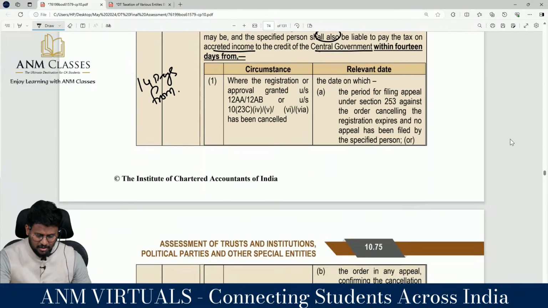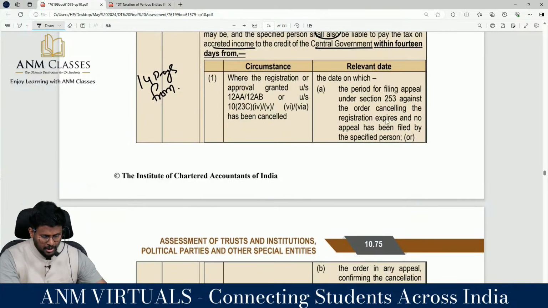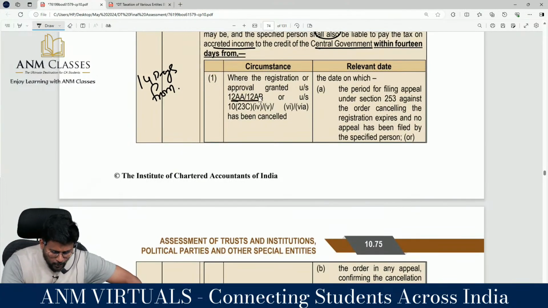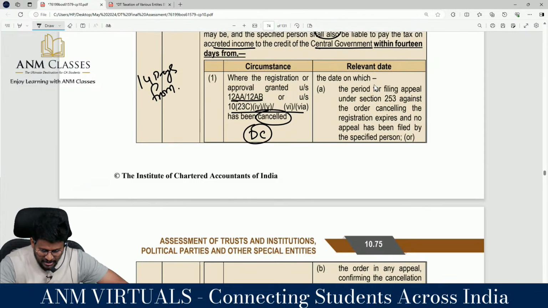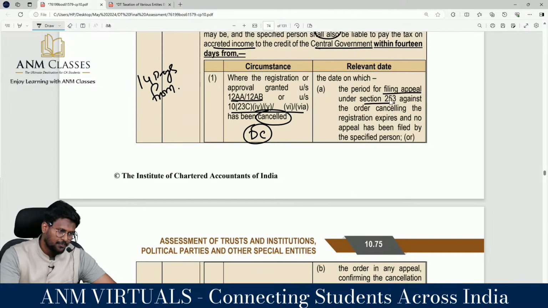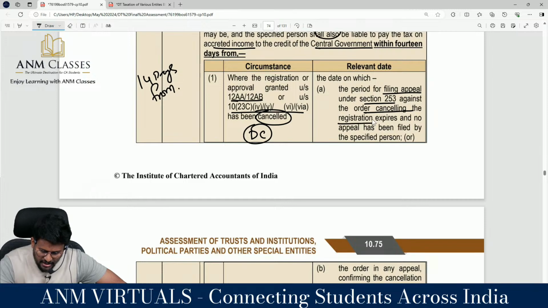They will be saying everything. Where the registration or approval granted under 12A or 12AB or 10(23C) has been cancelled. What case is this? What situation is this? Deemed conversion situation. Correct? Then the date on which the period for filing the appeal under section 253 against the order cancelling the registration